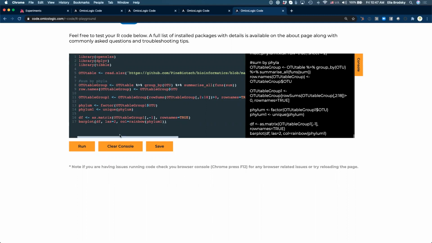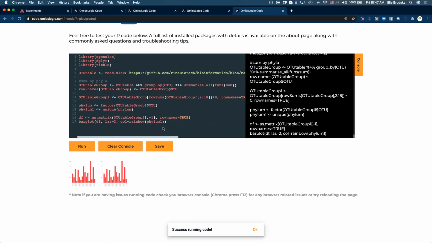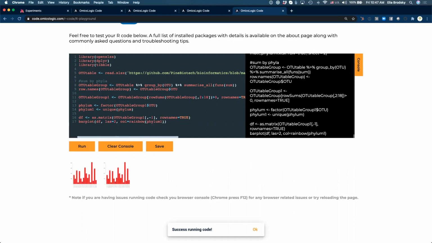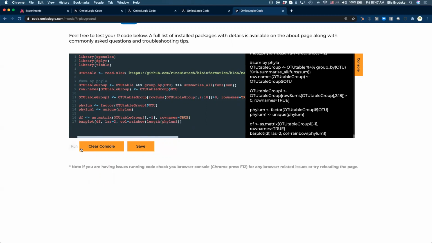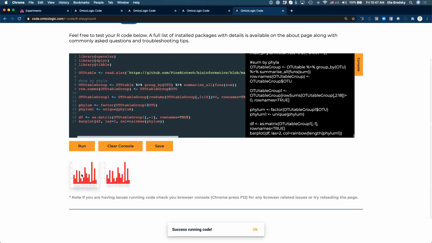Thank you. All right. Okay, so the problem is here, we just need to get the length of phylum 1. Or actually, we need to have phylum is what we need. Let's try that. All right, but it's all red. So no, we need the length.